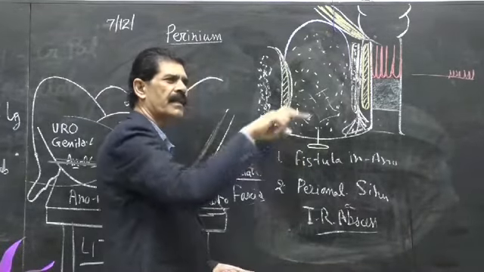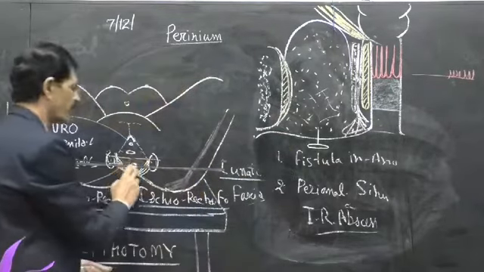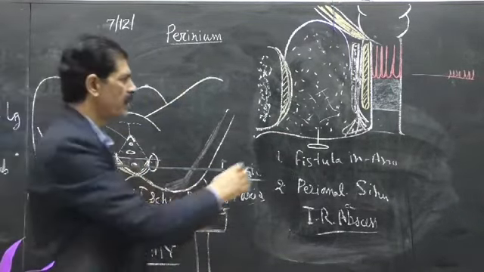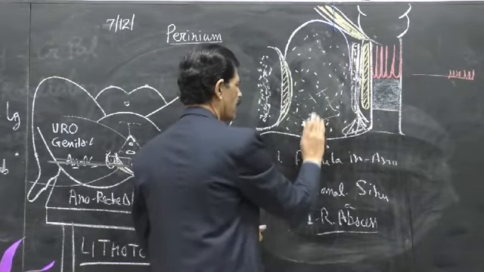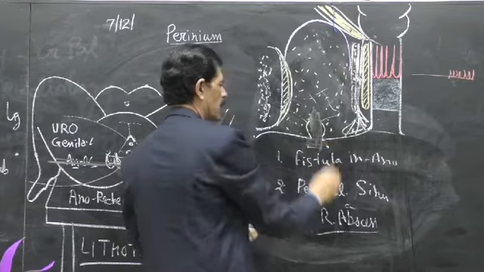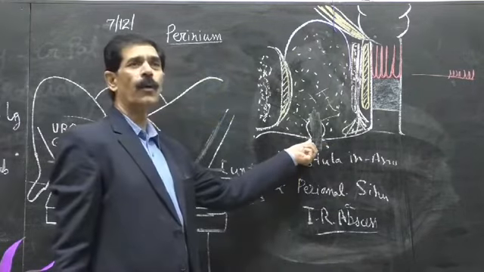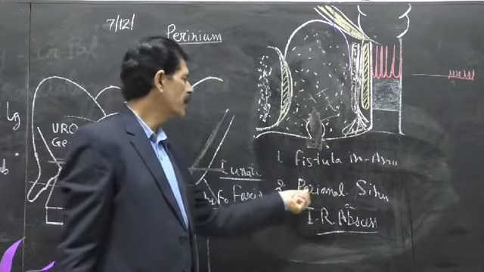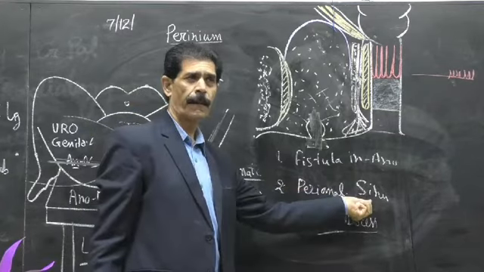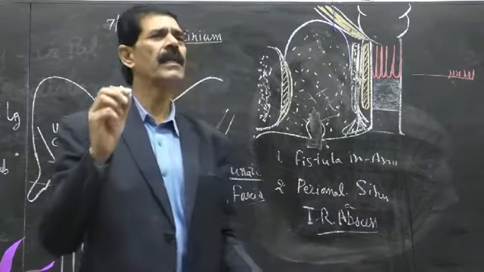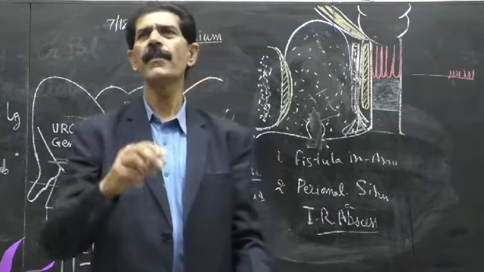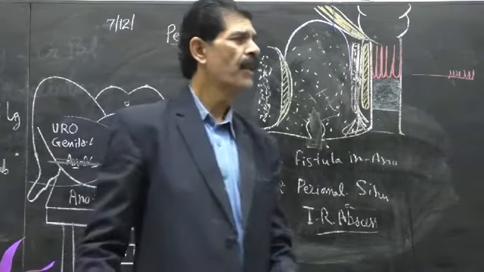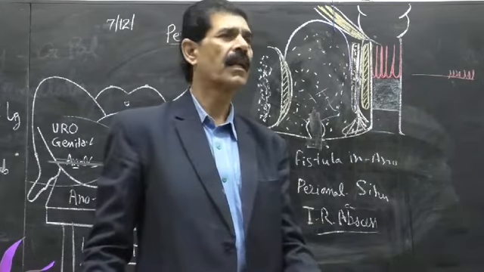So the easy target is the skin. The perianal skin around our anus is very soft. So what will happen? The pus will come out here and start discharging. And this opening of the discharge is called the perianal sinus. So the patient comes with a complaint of foul smelling discharge or pus discharge from the perianal skin area. This means it is an ischiorectal abscess.